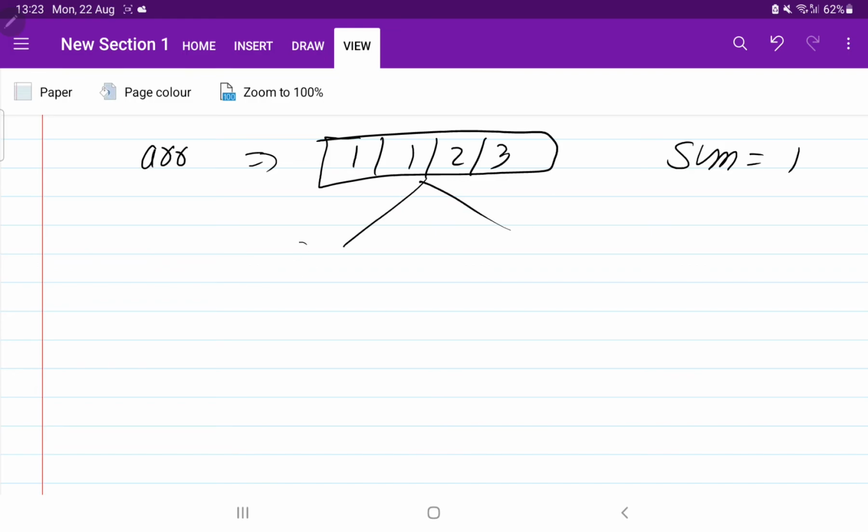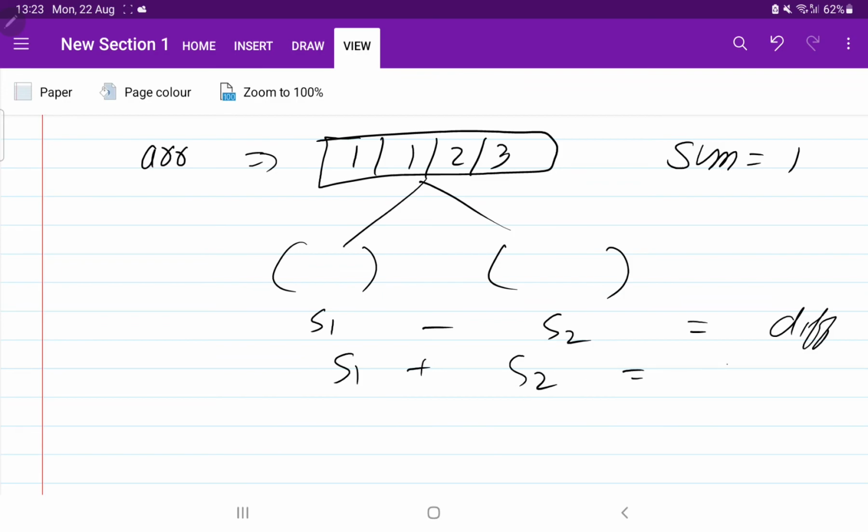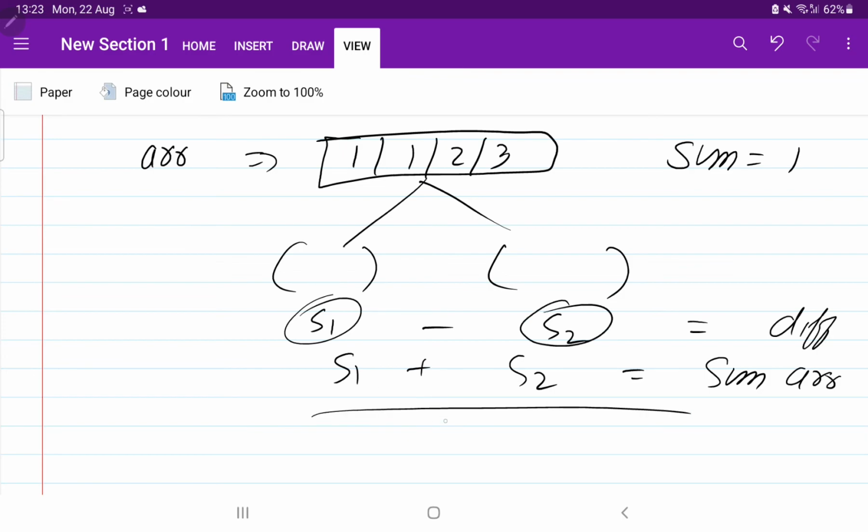So we said that if you are going to use plus and minus signs, it will be easy if you divide this and we get the given difference. Perfect. Then we got to know that it will be equal to the sum of the array. Then we thought that there are two variables. Let us decrease the variables and find s1. It will be (difference plus sum of array) by 2.